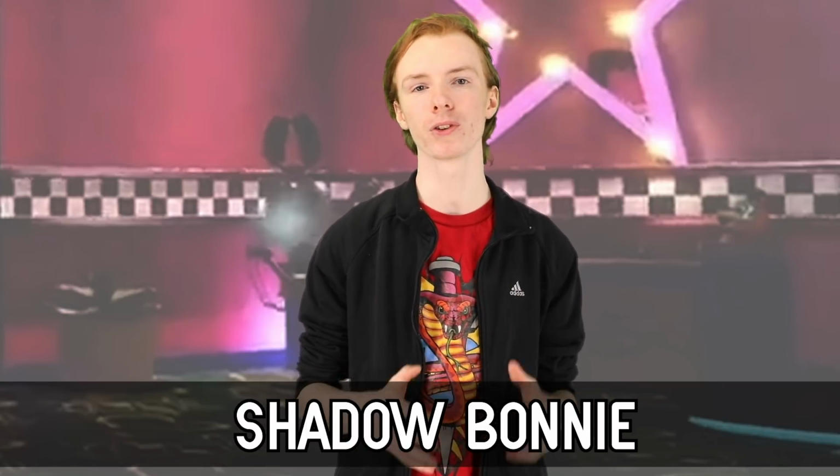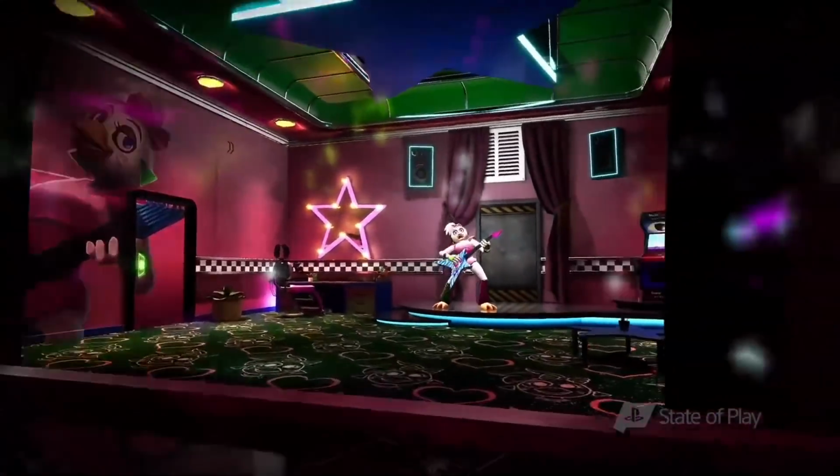And at 8, Shadow Bonnie. During the scene where we see the first alcove containing the animatronics, we see Chica rocking on her guitar. Firstly, this appears to be the home of the animatronics while they're not working or during the night. But no matter how dumb that is from an AI perspective, there is another thing that is slightly odd about